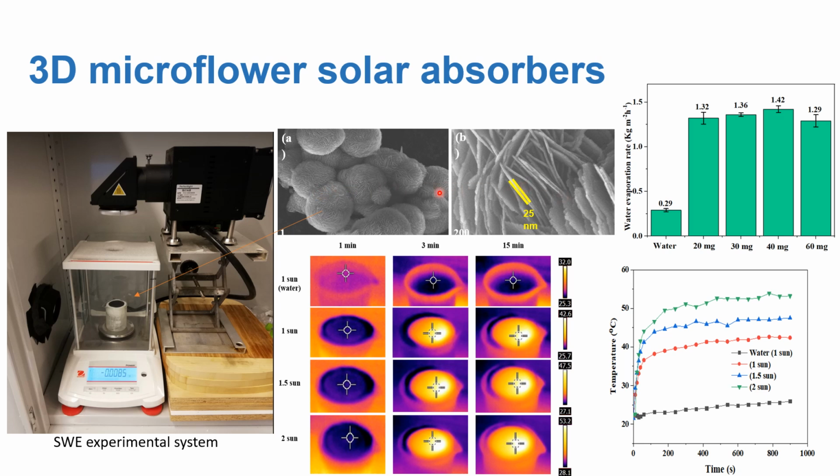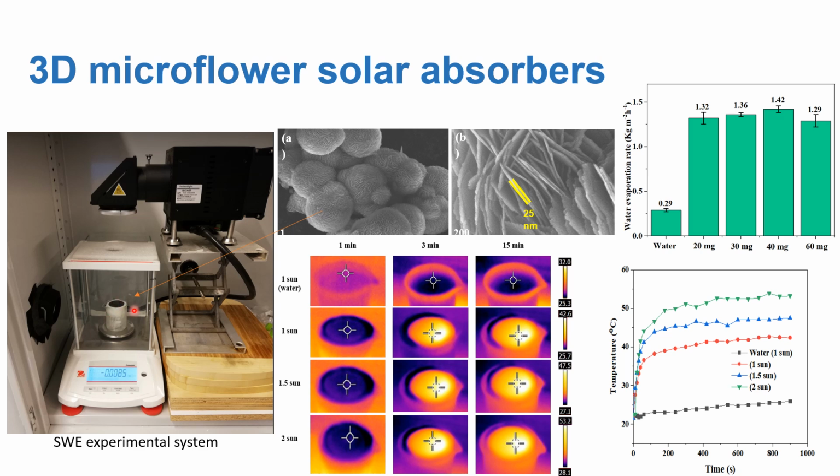So we deposited these microflowers onto a substrate of a microfiltration membrane. And once we had deposited them, it looks like this, a black color on top of a microfiltration membrane. And then we floated that solar absorber on the water. And then we illuminated it with a solar simulator at one sun or various intensities of solar light. And then we checked the change of the weight of the water using a weighing scale. In this case, we also checked the surface temperature as well as the bulk temperature of the water.